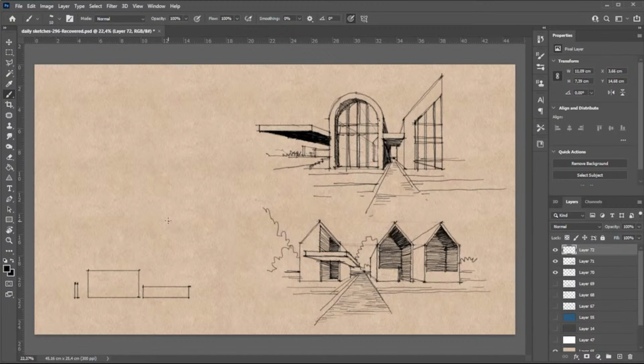Then just connect the point. This one was just a cube, but the depth of this one